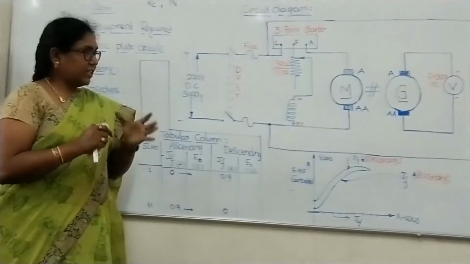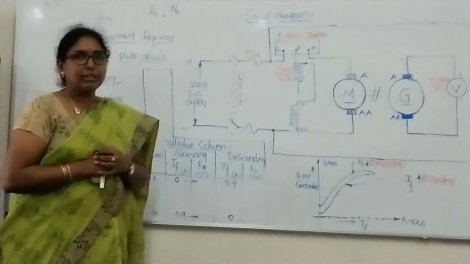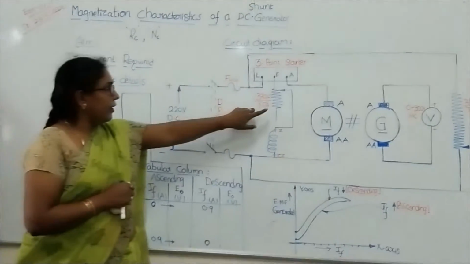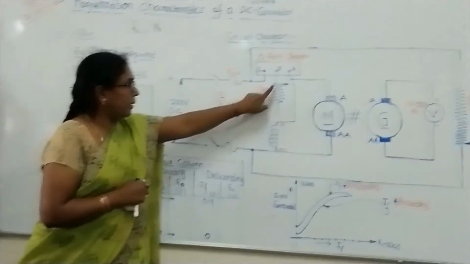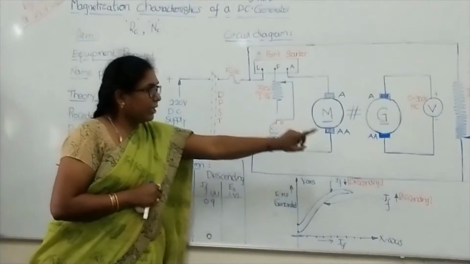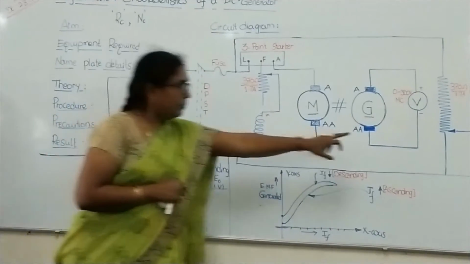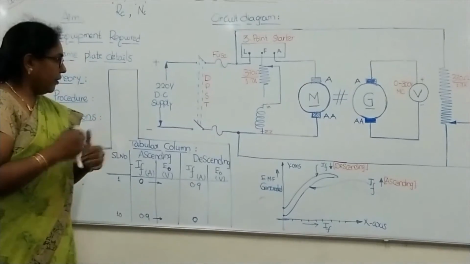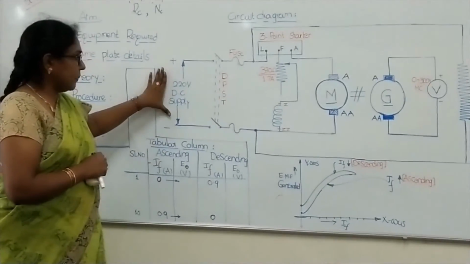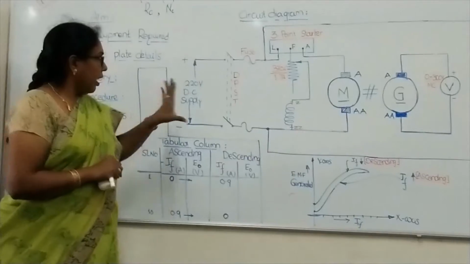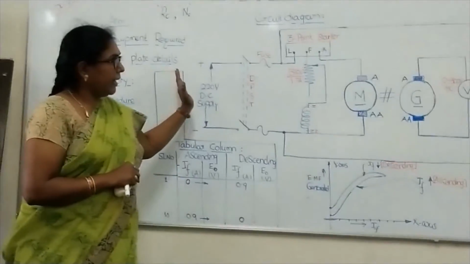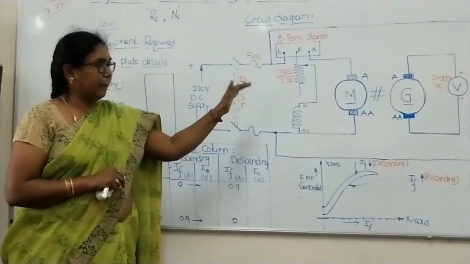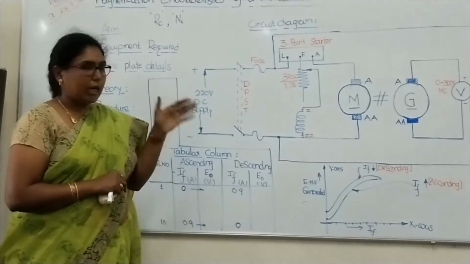Right. Now, first of all, again I am telling you the initial conditions we have to check. The first condition is that the field rheostat in the motor should be kept in the minimum resistance position, and the potential divider of the generator is kept in the minimum potential position. These are the first points we need to check. And after that, supply the DC supply. I am telling about the procedure right now. Once the connections are made as per the circuit diagram and all the requirements are kept in their initial positions, we have to start the experiment.